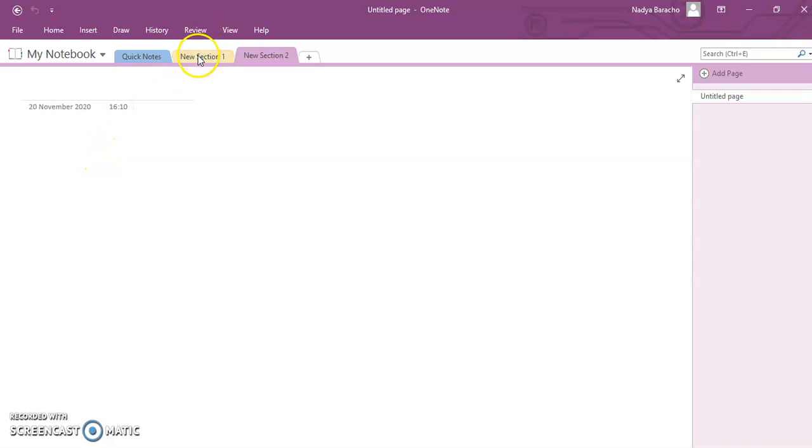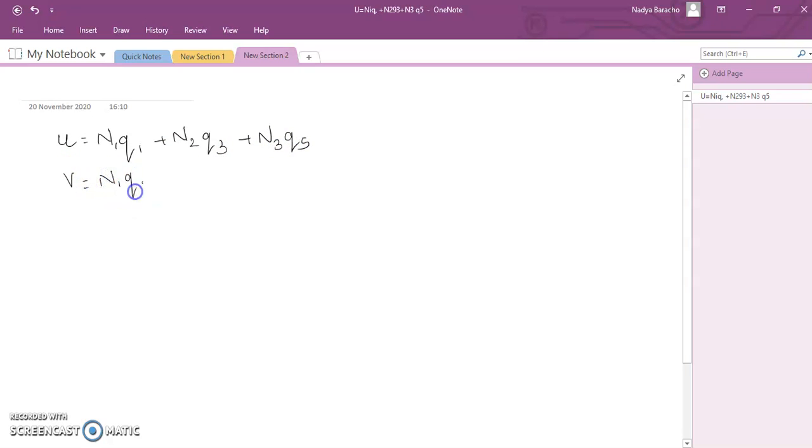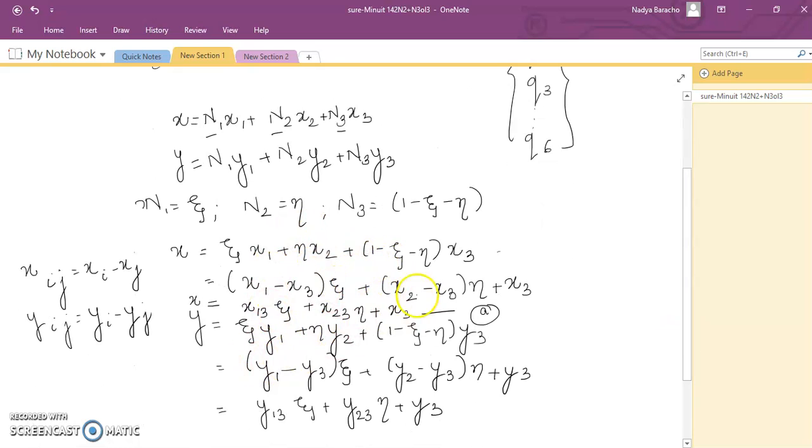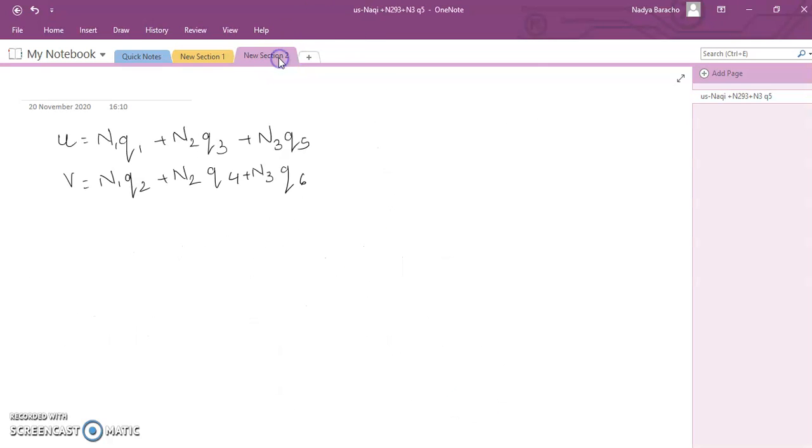From the previous lectures, we had equations 1, which was given by u equals n1 q1 plus n2 q3 plus n3 q5, and v equals n1 q2 plus n2 q4 plus n3 q6, and this set of equations that is here, I'll call this equation A and this as equation B. So using equation 1 and equations A and B,